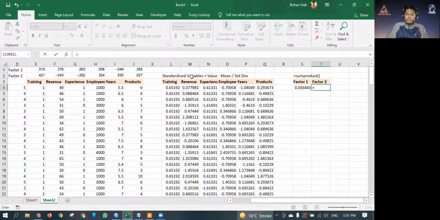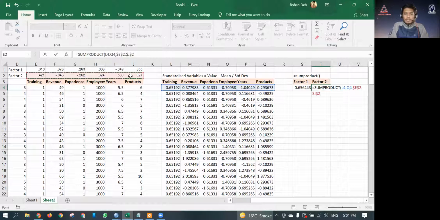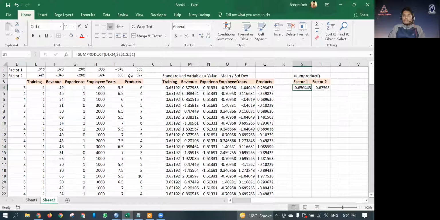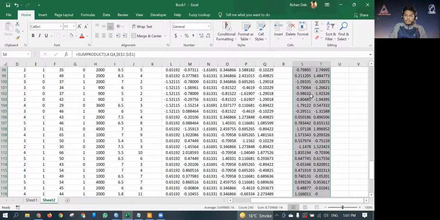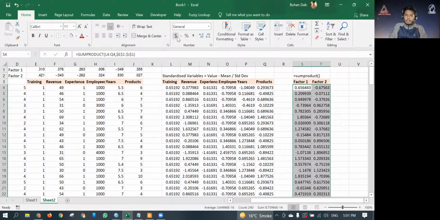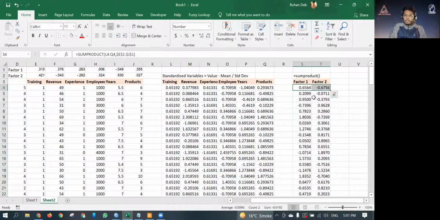Similarly, for factor 2, I'll use SUMPRODUCT with this value, which is variable, and this value, which is fixed completely using F4. Now I have these two factors. I'll copy this entire thing down, and you can see the values are populated. These are the same values SPSS was showing me. So I'll just verify: the first one is 0.6564 and 6756.